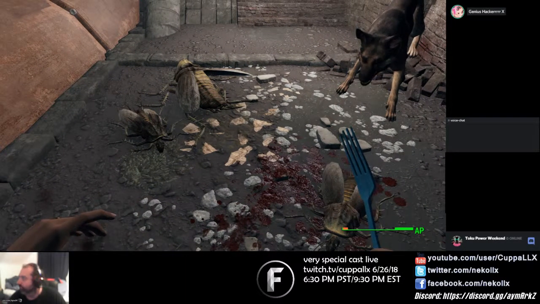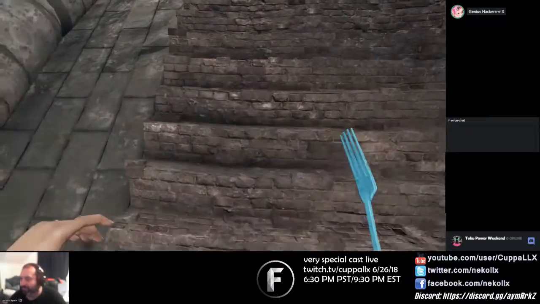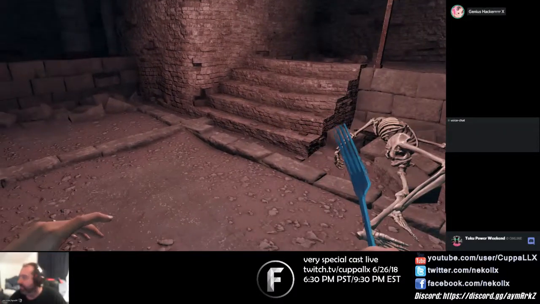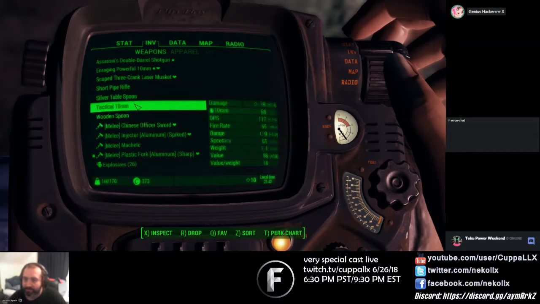Chinese officer's sword, and yes, I've got a plastic fork. One that I've actually upgraded, though you don't see the upgrades, unfortunately, because the mod that adds improvised weapons doesn't have any support for item modifications, but I was able to quickly hack it in. So, if we actually look at my plastic fork,